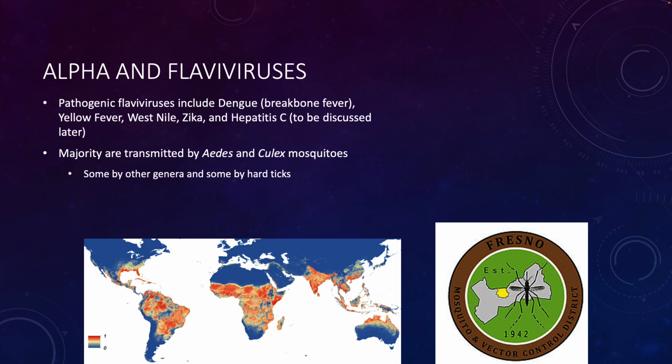So, when we talk a little bit more about these types of infections, one of the things that's really important to think about, which I found really interesting, for those of you in the medical profession or going into the medical profession: even though we think of a lot of these as diseases of other countries, except for West Nile, we have a ton of West Nile in the US.